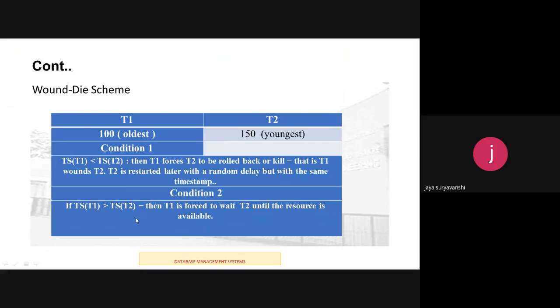And this means if the older transaction has held some resources and the younger transaction waits for the resources held by the older one, the younger transaction is killed and restarted with the same timestamp after some time. So in these conditions, what happens? Suppose T2 requires a resource that is assigned to T1. So this T2 will not be sent into the wait state. It is automatically killed. Okay. That's why it is called the wound-die scheme. T2, the younger transaction, will come back next time, and it will be resolved randomly after some time. So this way it will work.